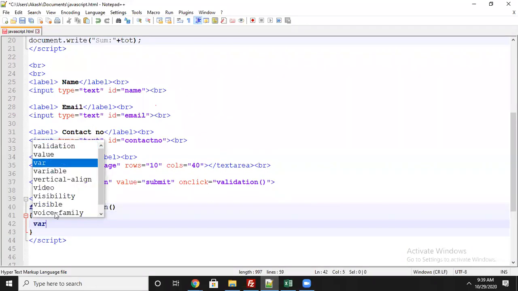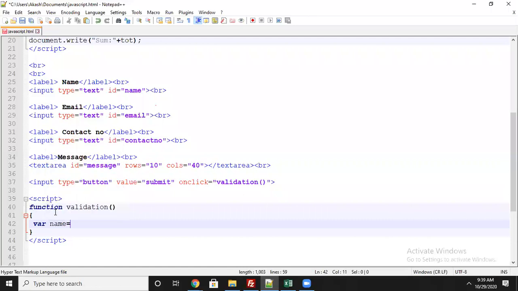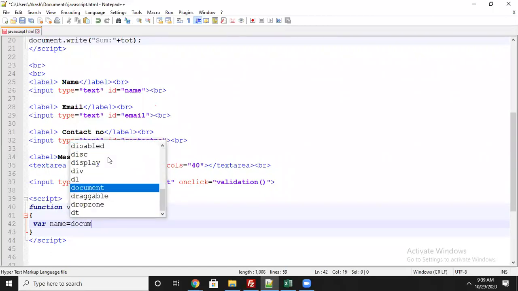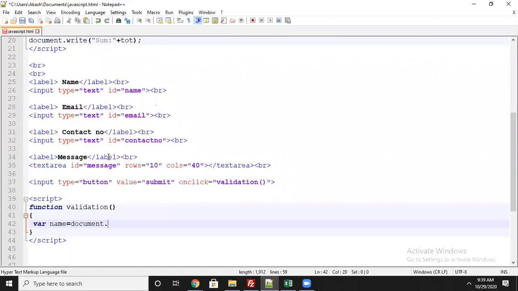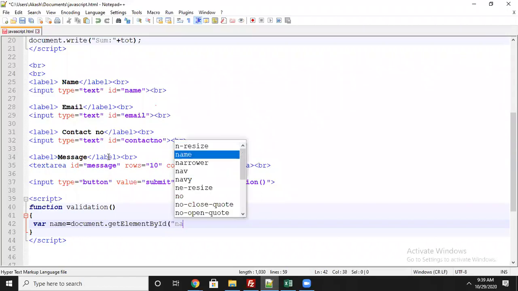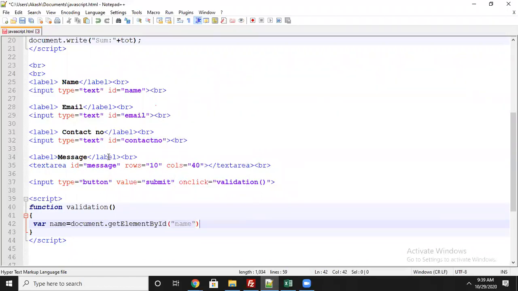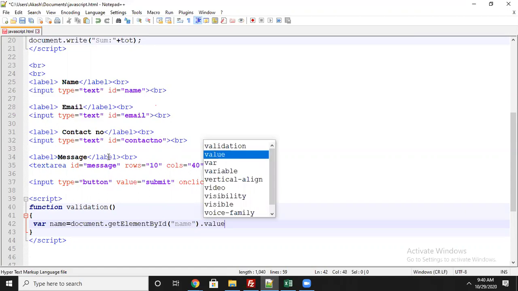Let's see, first I will tell you how to do it. The first variable I will take is name. In the name I will capture the name value through the id method. How to do it? You have to use document dot getElementById, because with the help of the id name only I can capture name dot value. Dot value means it accepts the value.